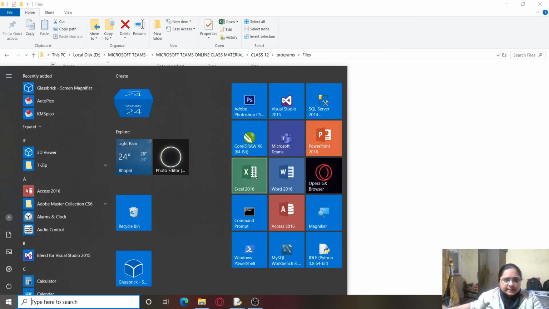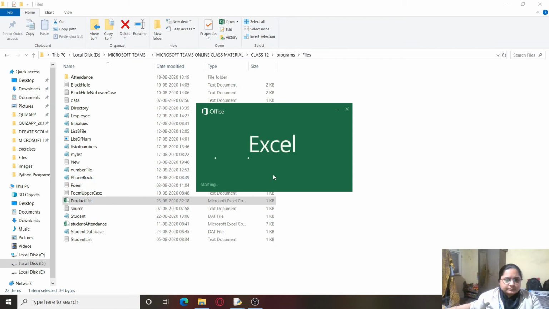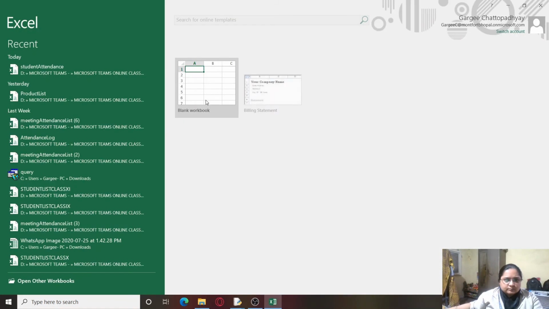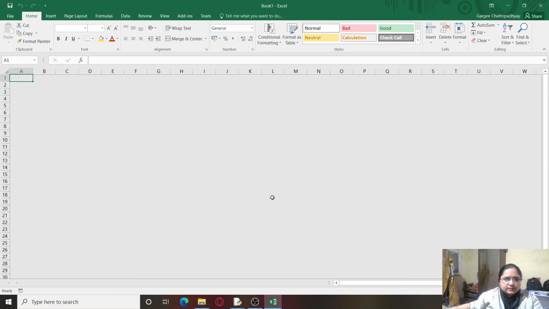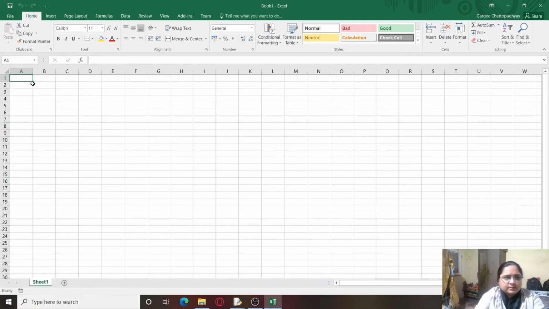We'll open MS Excel, and here first we will create a file with empid, ename and salary, three values.